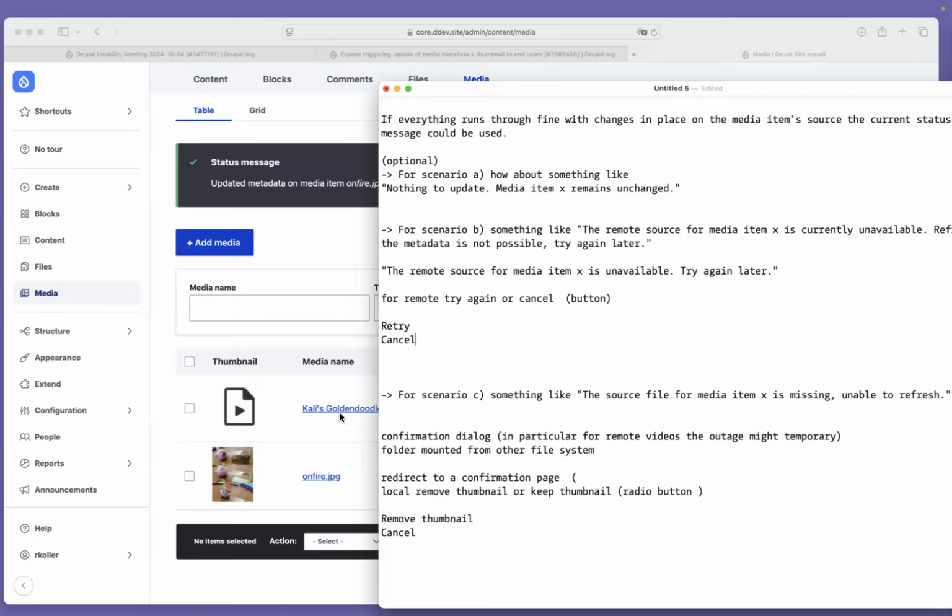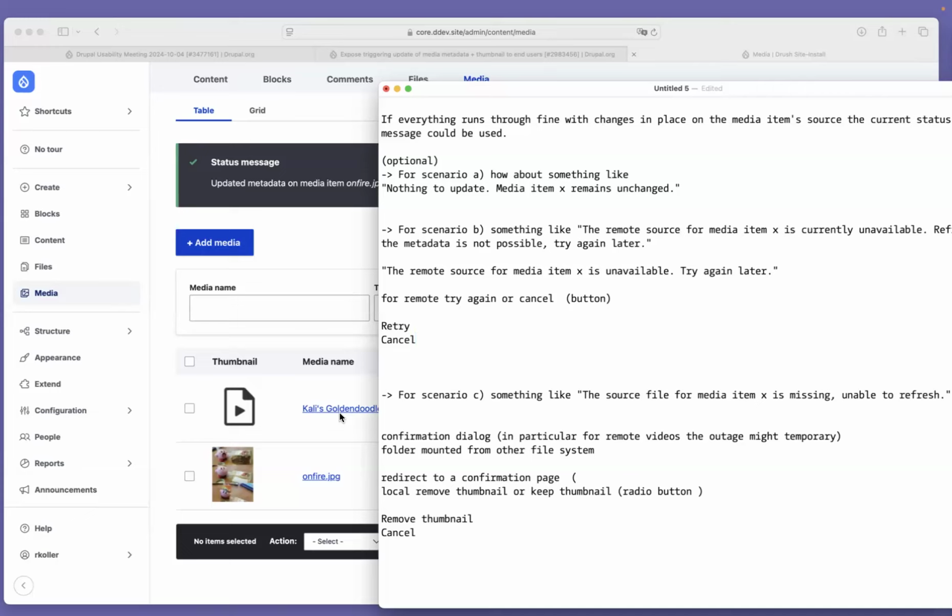Is it the round one with an X? I think so. Yeah. So it would be just a plain X and some boring color.